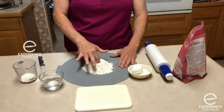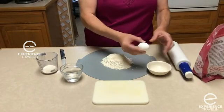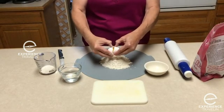I'm coming to you to share another recipe from our travels, and that would be pasta from Italy. So I'm going to start off with a cup of flour, and basically you put a well or a hole in the center of the flour the best that you can, and then take an egg which has been kept at room temperature, and you want to go ahead and put the egg in the center